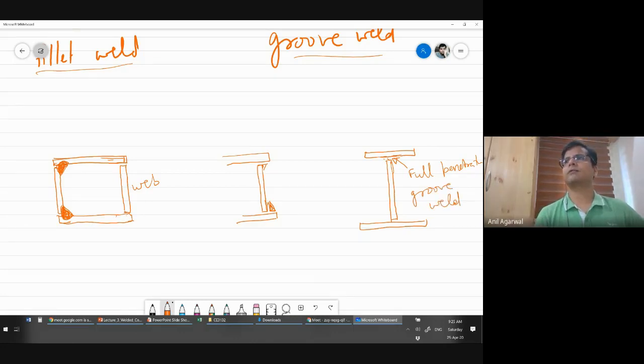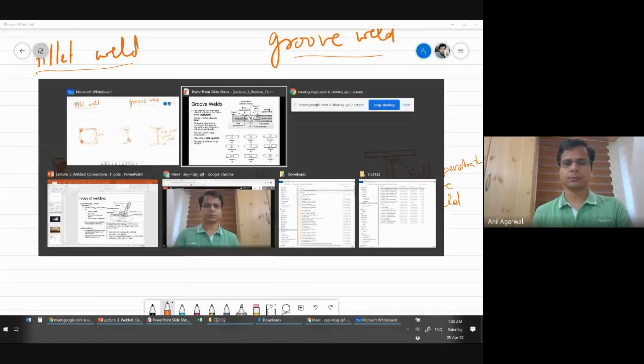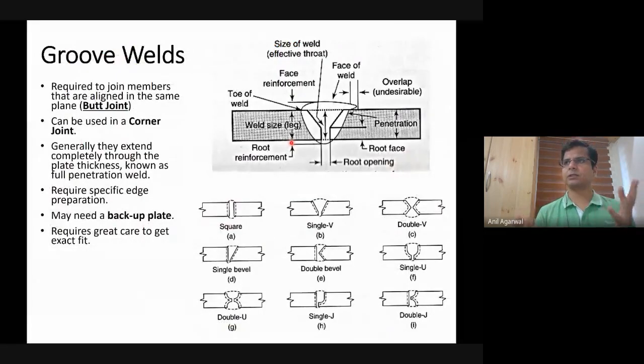Of course, it requires a higher level of skill in order to achieve a full penetration. But if you are using one of these mechanized methods, it is not that difficult either. So that can be done, and if you are able to achieve a complete penetration with complete fusion between the base metals, that is anytime a better option than the fillet weld option. Okay, so groove welds have this advantage, but the disadvantages are, as I mentioned, they are harder to make,